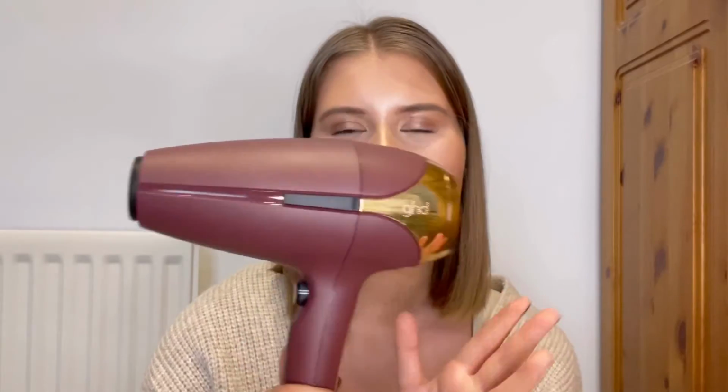It's just beautiful. It is the GHD Helios hairdryer. This is amazing. One, it's a beautiful color. It comes in a bunch of different colors, but it's so good. It has great technology in it that really helps to dry your hair super quick, without really damaging your hair. So yeah, my hair doesn't take long to dry, especially now that it's short, but this